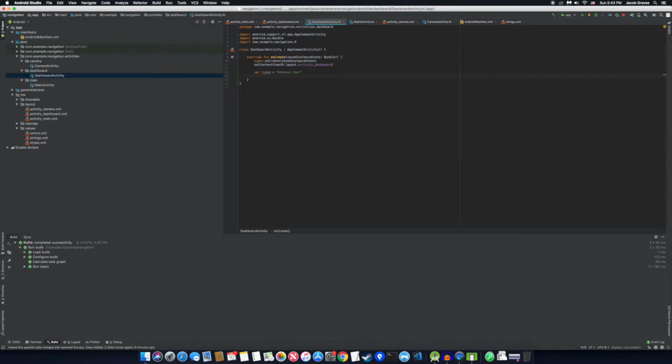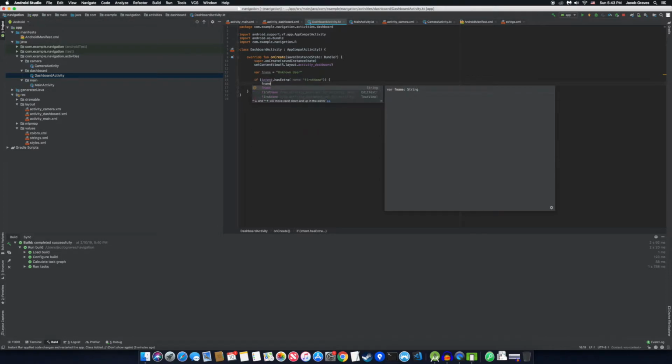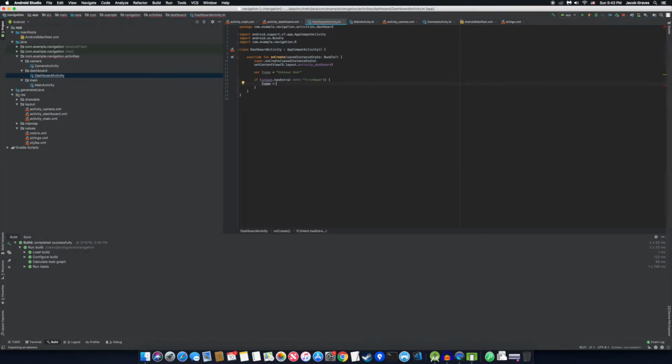And then there's something we could check to see if we have extras. So we do if intent.hasExtra, where we pass in firstName. You want to make sure that you spell it right. If we have a first name, then we're going to overwrite what we have here, so fname